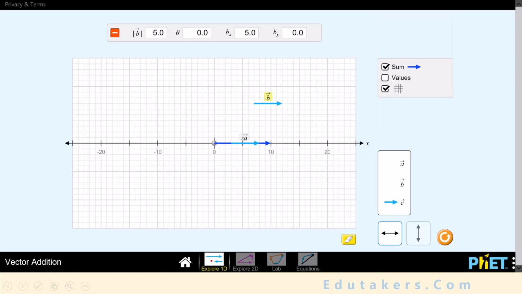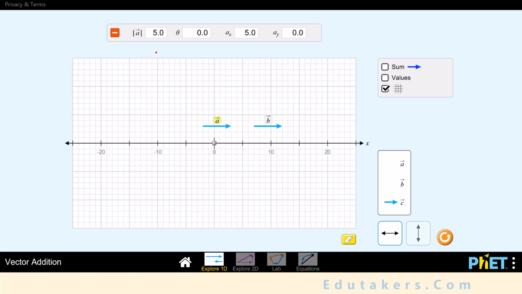Here, I suppose that you want to add the two vectors A and B. There are 3 vectors given: A, B and C. I select the vector A and put it here. After that, I take the second vector B and also put it here. First of all, see here the length of the vectors A and B. A is 5.0 meter and the angle is 0 degrees. It means that it is completely horizontal.